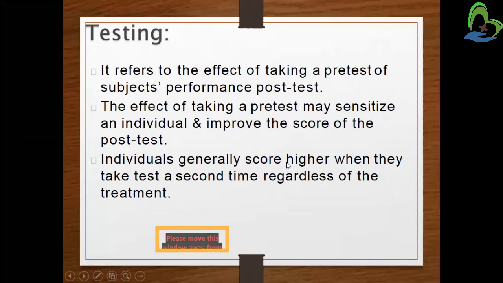Next, we see testing. If the person is given a pre-test, he is just given a questionnaire to test the person's knowledge regarding something. So he might be aware of the questions and also of the answer keys, so he might show variations. Otherwise, if any kind of teaching has been given beforehand, the post-test scores will really vary from the previous reading. So that can be an interruption.